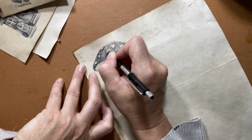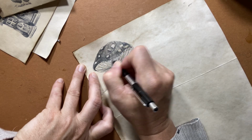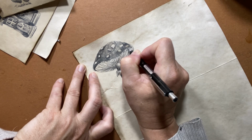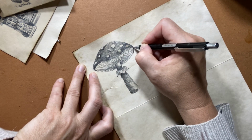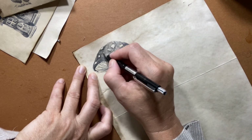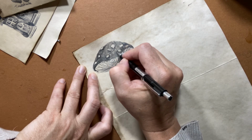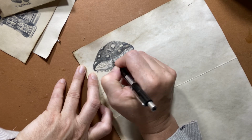Again, these are just quick sketches. Just having fun, relaxed. Try not to worry about making a masterpiece in your first go. It could be your second one or your fifth one or your 15th one that you really like. It's really just every time you pick up the pencil, you're learning something new